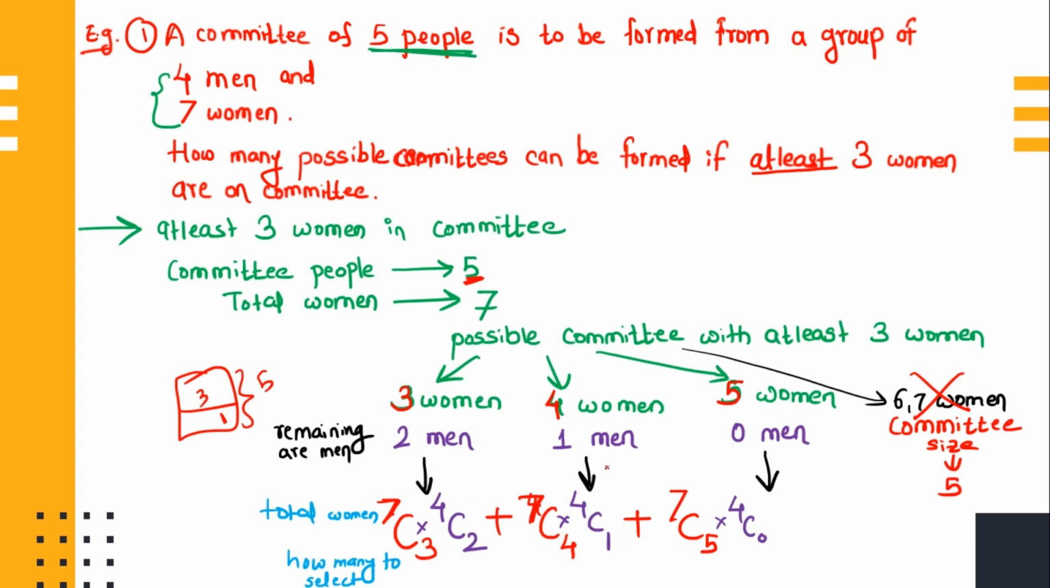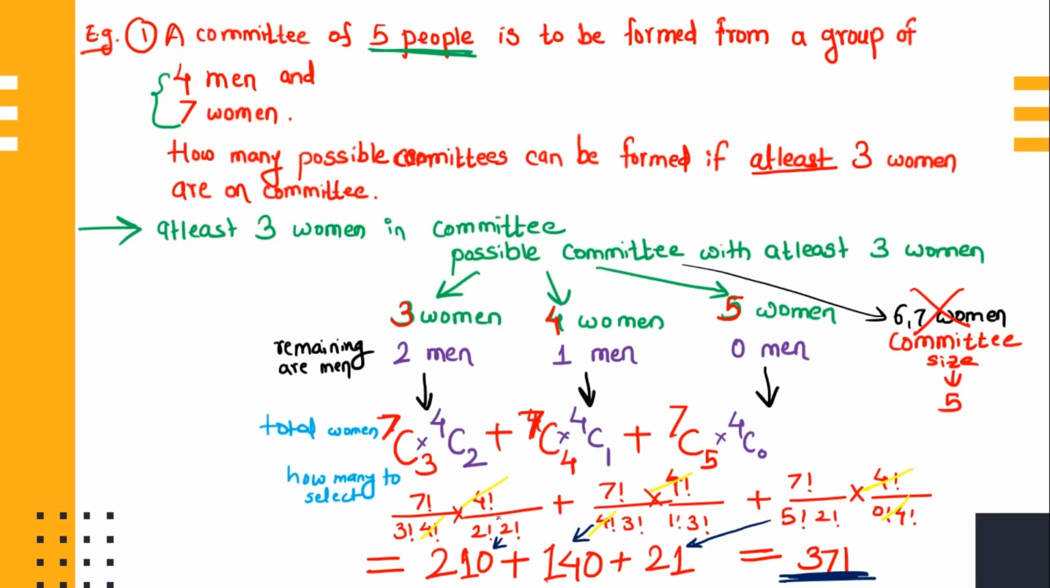So in the same way we will perform this, that is we will get 7C4 into 4C1 plus 7C5 into 4C0. If we later on calculate this, for this we will get 7 factorial divided by 3 factorial into (7 minus 3) factorial. So just do this for all of the remaining